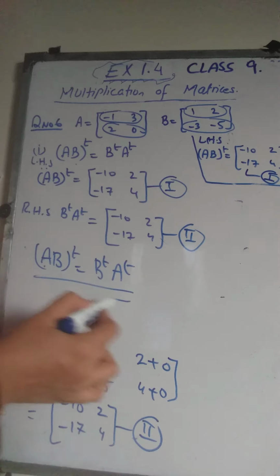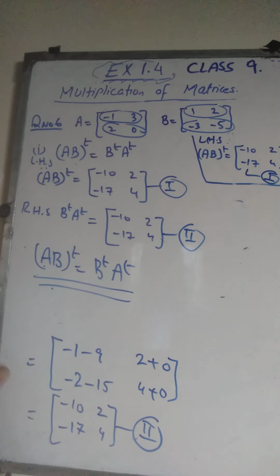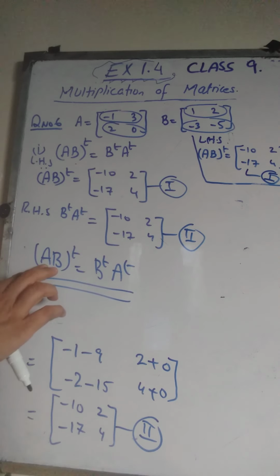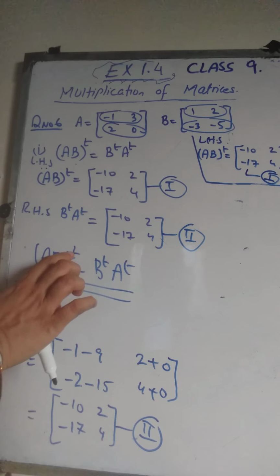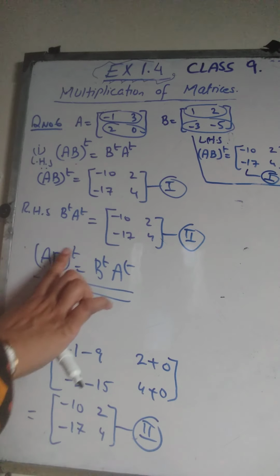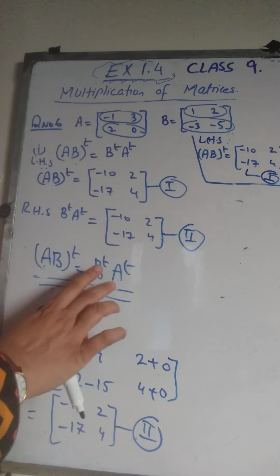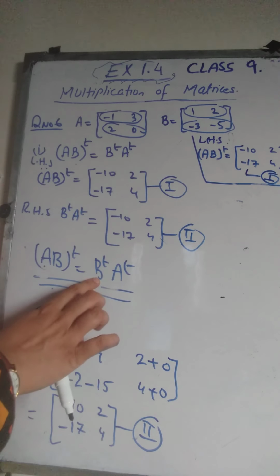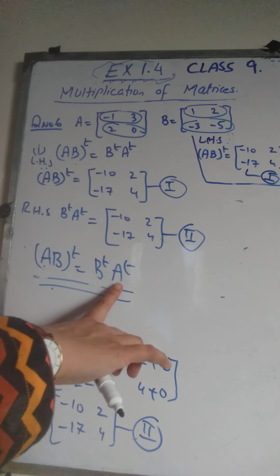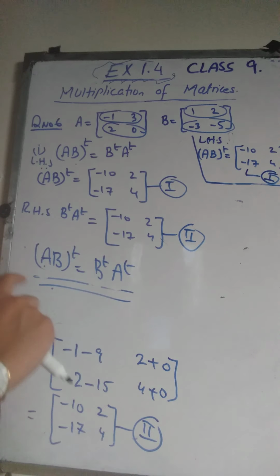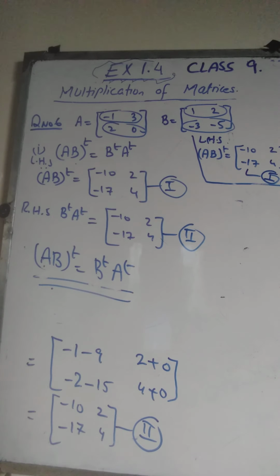Okay, so they had asked us to verify this expression. We have verified for this example, and this is also generally true. Whenever you take two matrices, first find their product, take the transpose, the transpose of the product will always be equal to the product of the transposes, such that the order will be changed. On the right hand side we will use B matrix first, and then A matrix. The same is true for all the matrices, and this is just an example of this rule. This is generally true. So this was question number 6 and end of exercise 1.4.